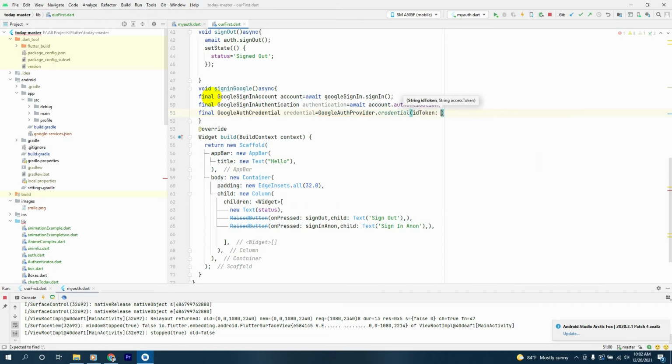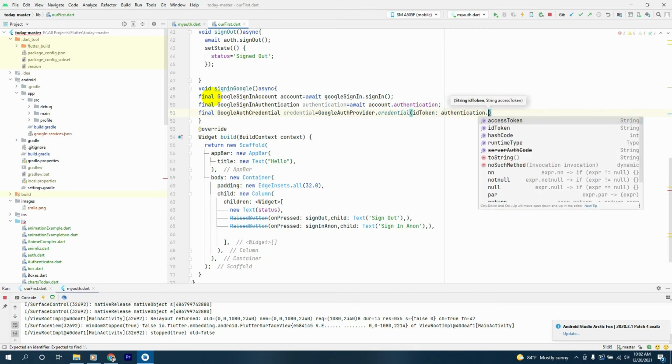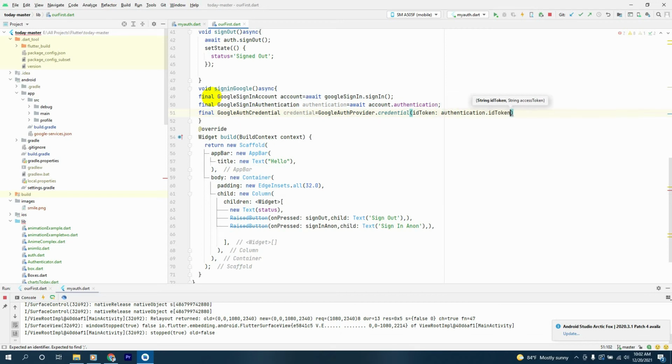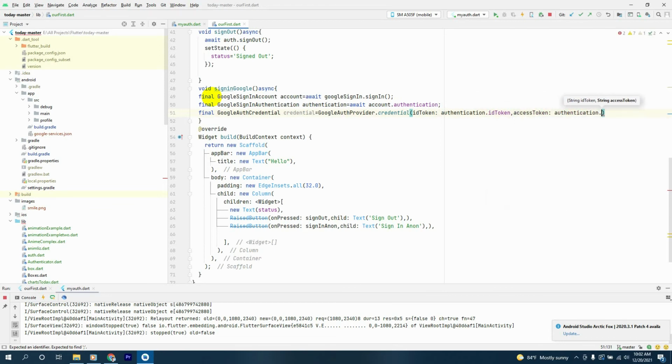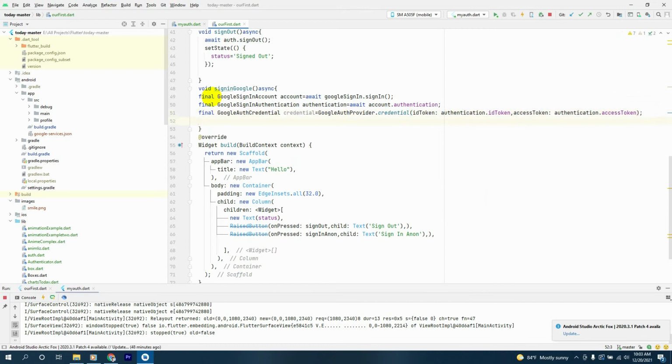Here we'll first give the ID token as authentication dot ID token, and next thing we'll give the access token as authentication dot access token like this. Alright,